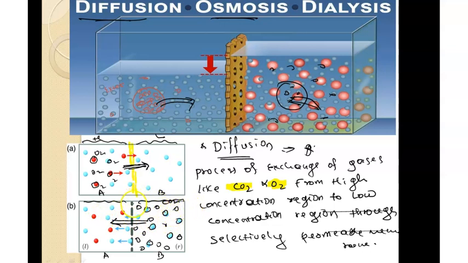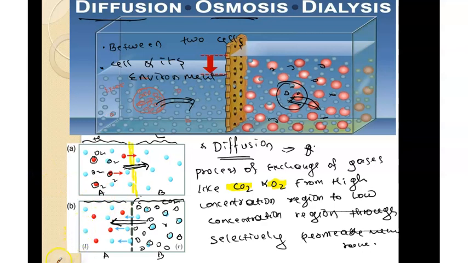You might have seen this here. I already drew this, my permeable membrane. The exchange has to happen between these two things, and this exchange can also happen between two cells. Diffusion will also happen between two cells, and it also happens between a cell and its external environment. I hope you understood, guys.